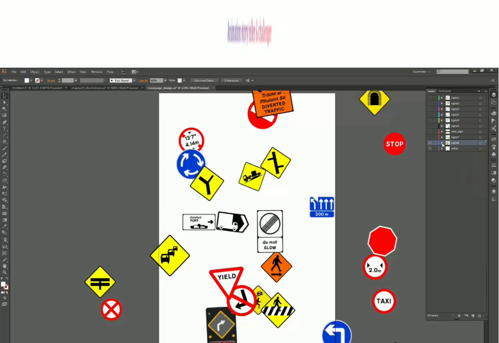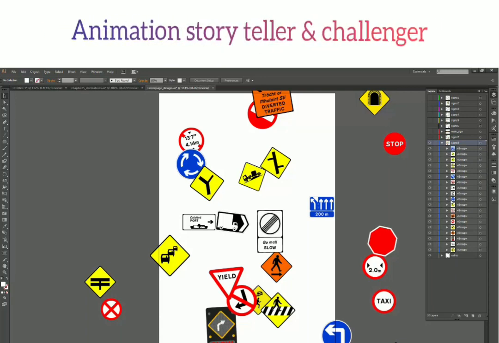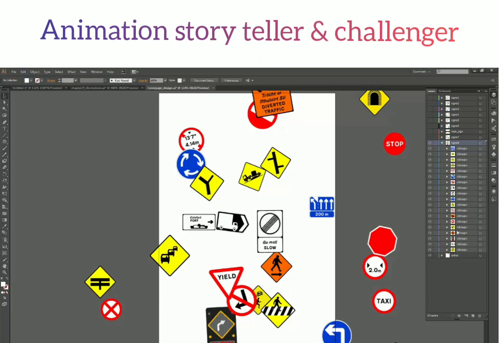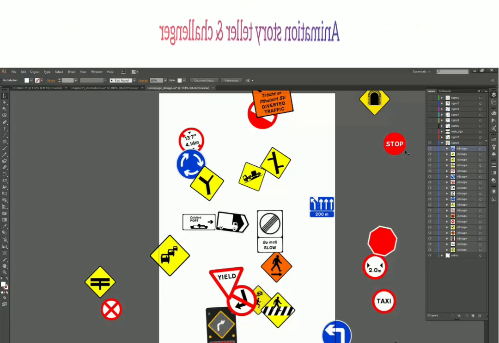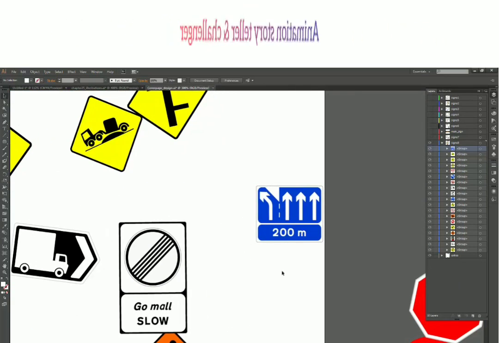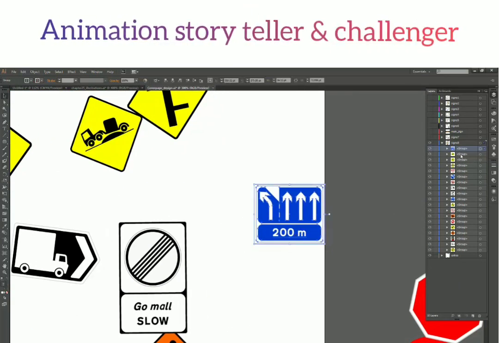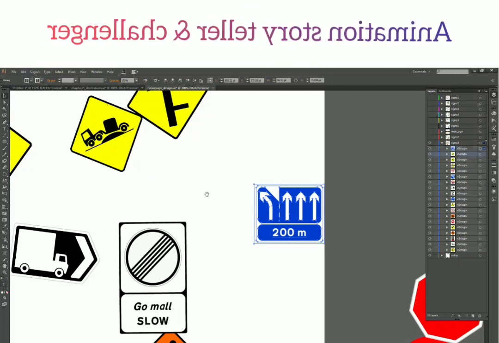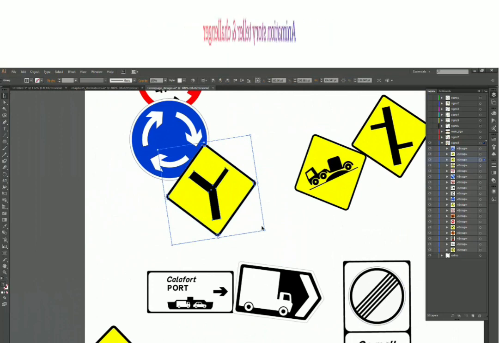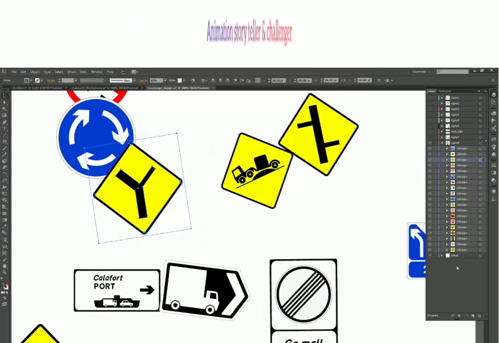As you can see, when I click on this arrow icon, I get all the shapes which I have drawn or put in this layer. So let's say this is the shape which I have made, this blue sign. Here is this blue sign, and then we have this yellow sign, which is some kind of sign, I think, this one. So I got all my shapes which are present in the layer.